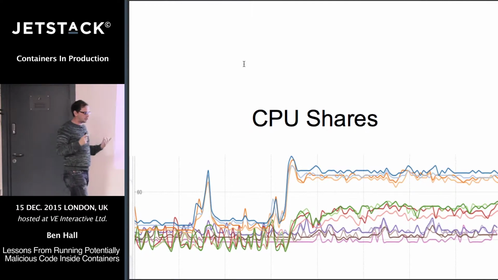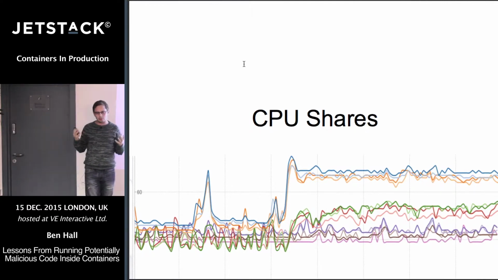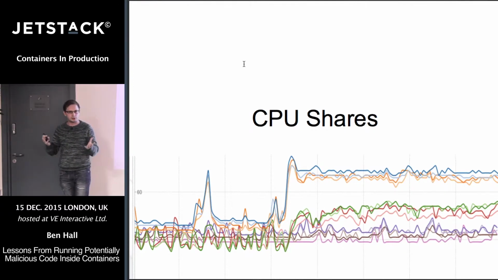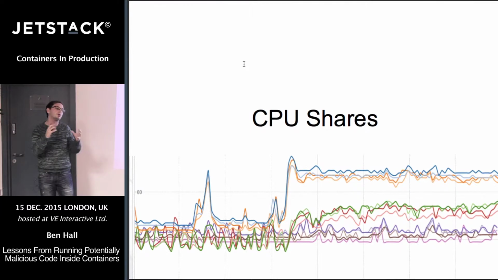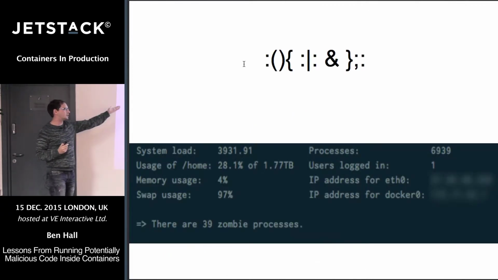So CPU shares are very good. For example, if someone wants to write an infinite loop and they want to use up all the CPU usage, having CPU shares allows you to mitigate and allows them not to take over everything running on a system. And so you can say this container can only have maximum 50% usage and it has to be shared with all the other things on a system.